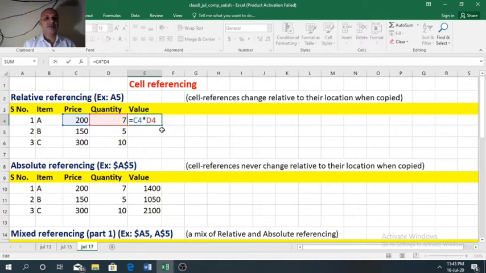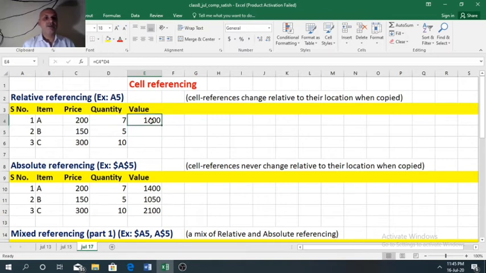You can see in the formula I have not used a dollar sign anywhere. That is the example of relative referencing. After writing the formula, C4 will be multiplied with D4, that is 200 into 7, and after pressing the enter key we will get 1400.